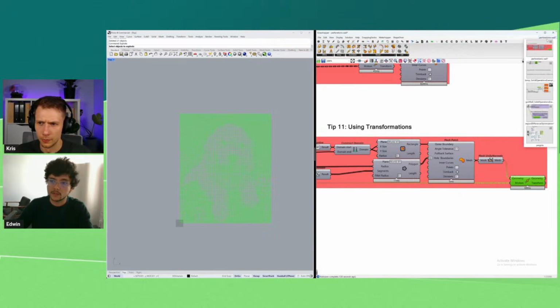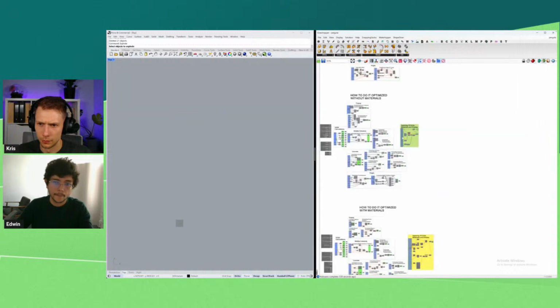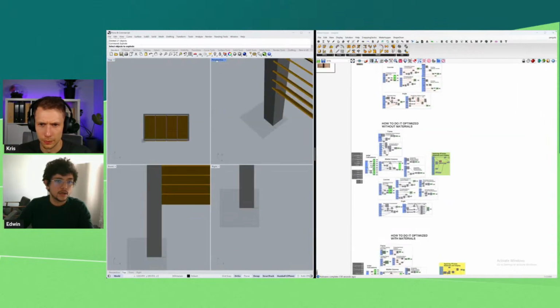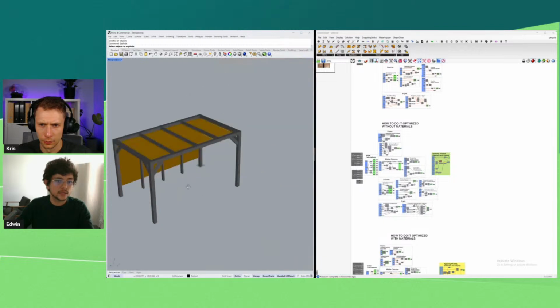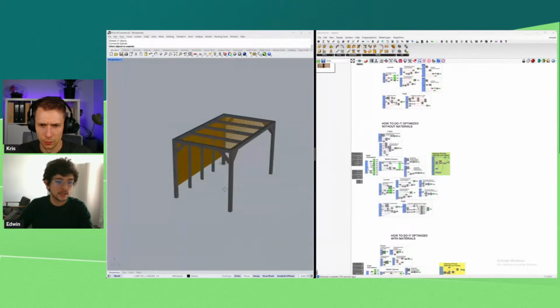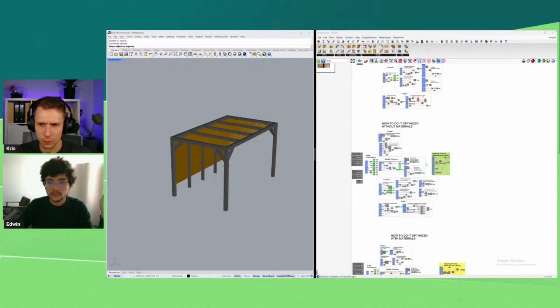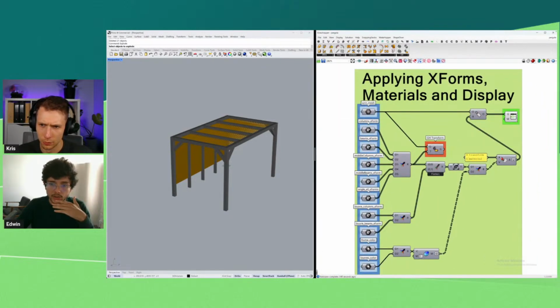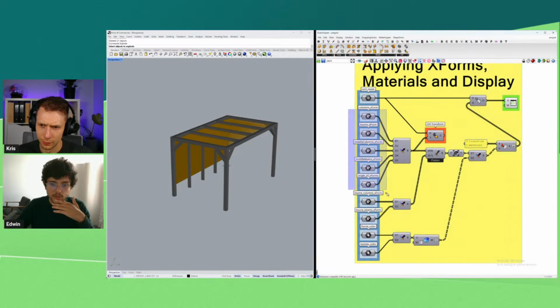And then here I have this example of a pergola. This pergola was created completely using transformations. So if I check here at the complete end, we can see a bunch of transformations. This symbol is a symbol of transformation.